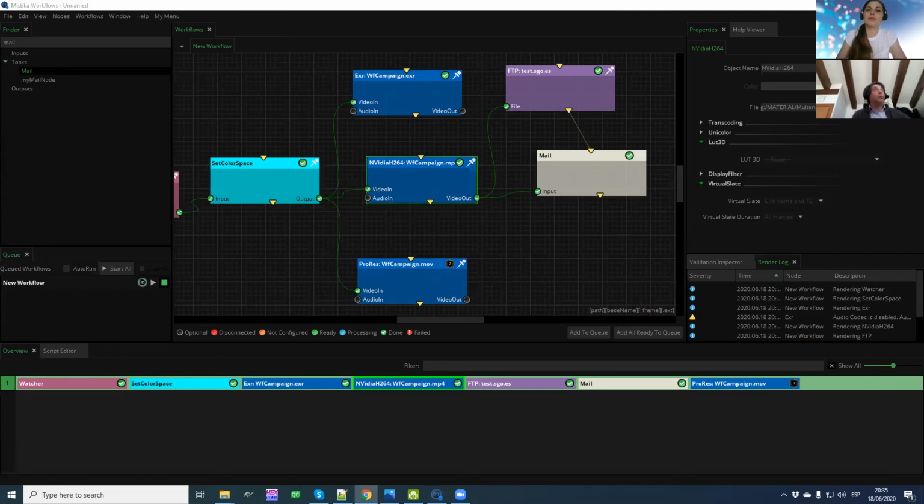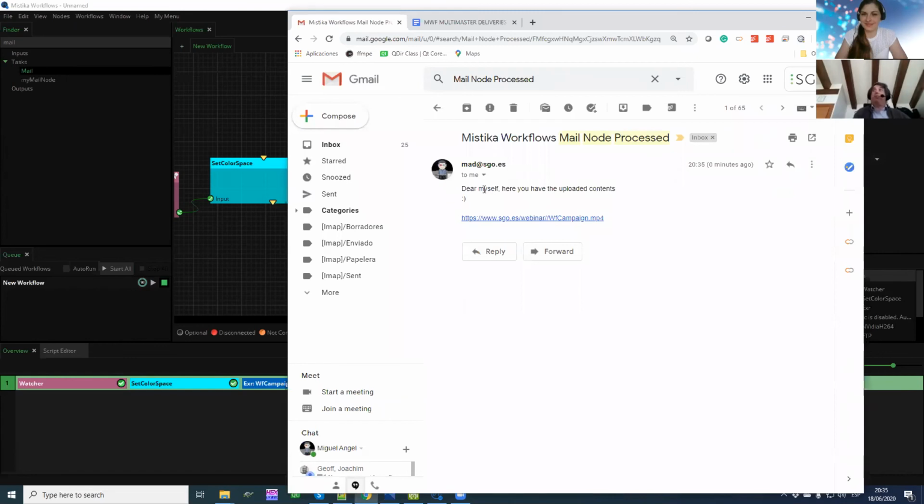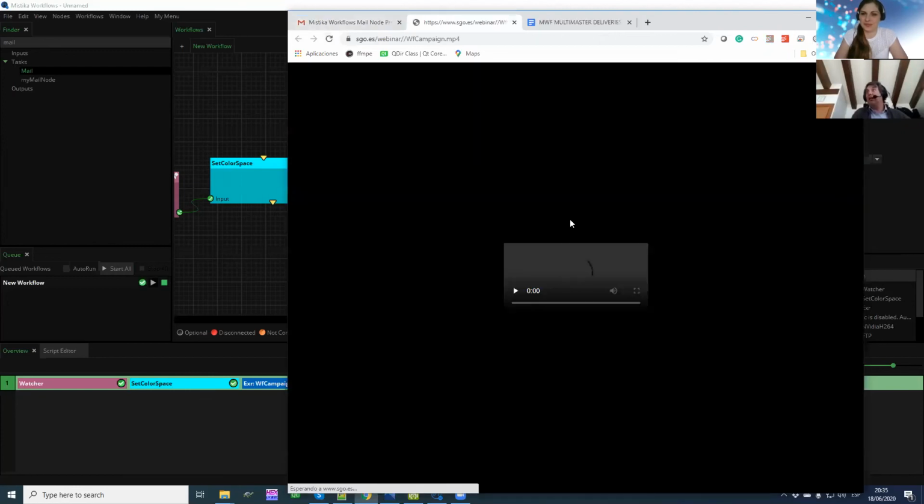In order to show you that this is true, let me open my email, and I will show you the email I have received. I actually have 2 emails, the one from the previous workflow sent a few minutes ago, and the one from this workflow sent just now. If I open this one, I have the message I wrote: dear myself, here you have the uploaded content, the smiley, and the link. So if I click here,